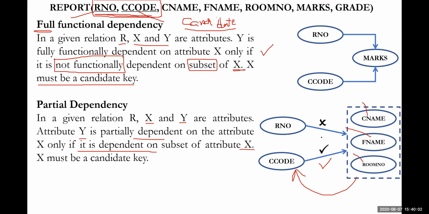For instance, if I am the teacher for DBMS, my room number is 201. So all the people who are taking the DBMS course will come to my room, 201. Another faculty takes cryptography and network security, which happens in room 501, so the people taking that course move to that room. That is why the room number cannot be obtained from the register number. So it is partially dependent and fully dependent; you need to understand it in such a way.